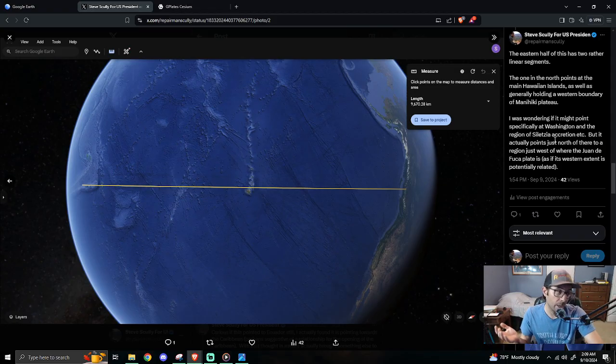I didn't know what to make of where it's pointing. Typically, it's pointing at something I have found significant for some particular reason that's not necessarily recognized by modern science, which is cool that happens, but this one, I don't know what to make of it. It probably has a significance. I just don't know what to make of it, especially given